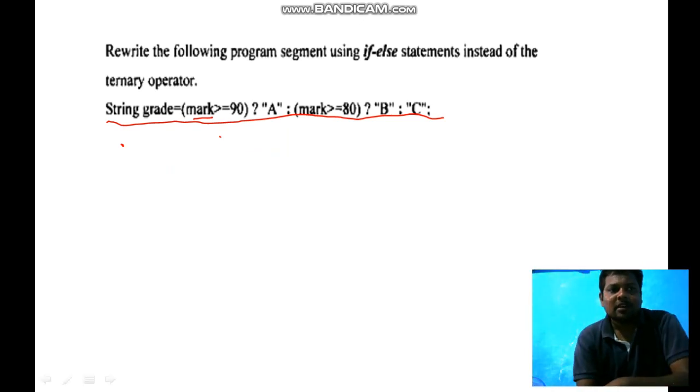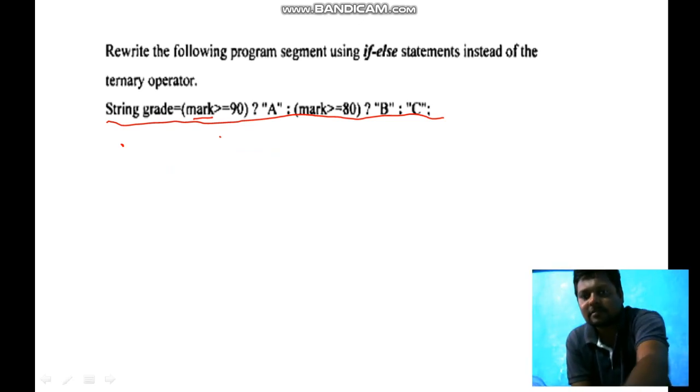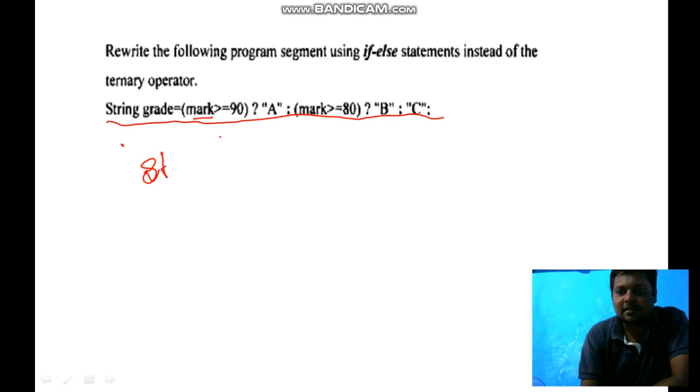First you declare the string variable: string grade.